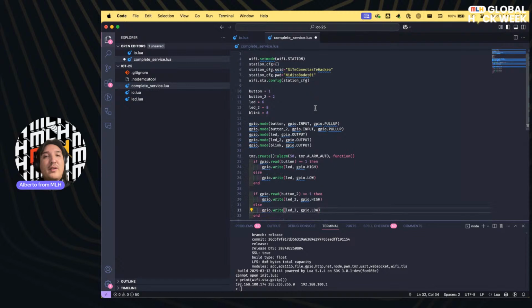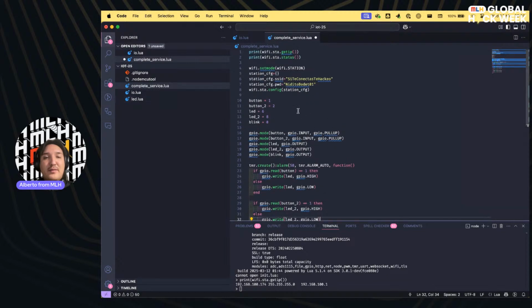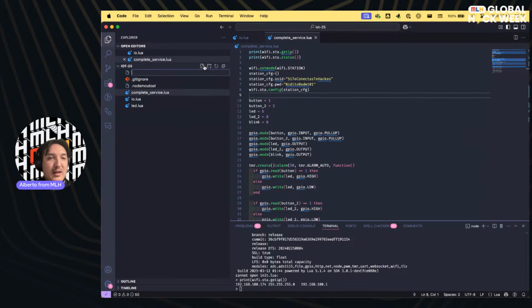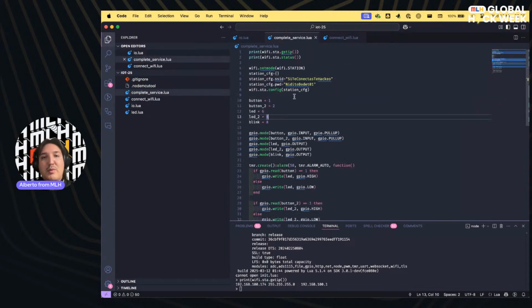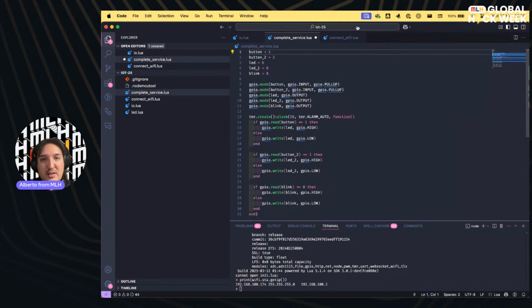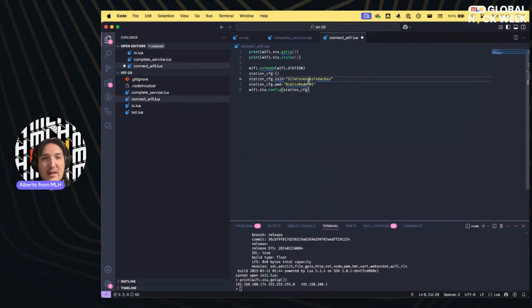Oh, actually, I'm going to set connect Wi-Fi dot Lua. This is supposed to store my information, right? So if I delete this and I copy this here and I don't give this